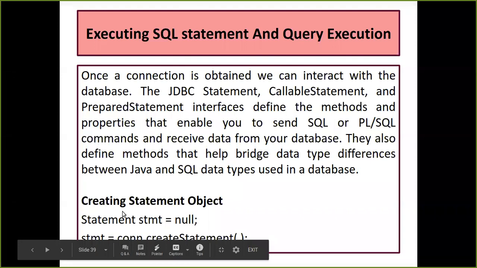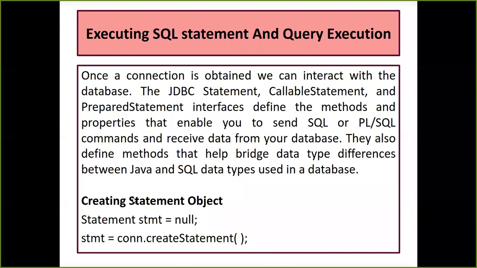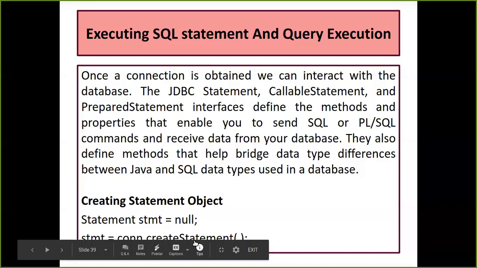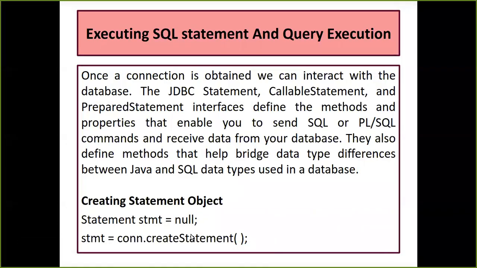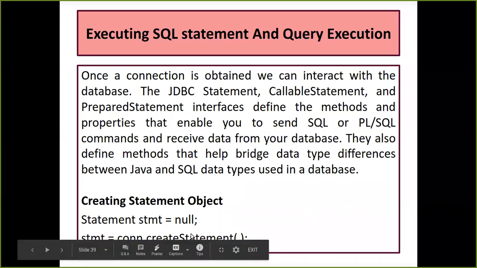Now this con is an object of your previous class, that was your Connection class. And we are using that object to invoke one of the methods present inside the Statement interface, the createStatement method. This helps with all types of DDL queries, like creation, alteration, updation, viewing, whatever you want to do, with the help of this Statement interface. And this is going to help me have static queries.